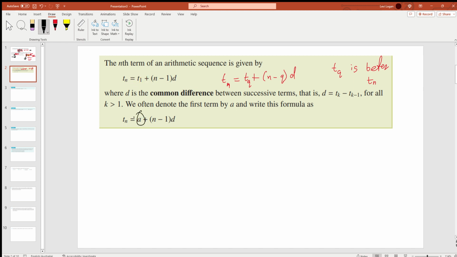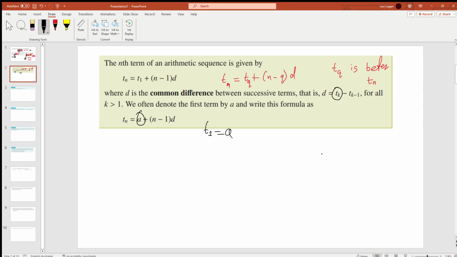So that's your general formula you'll see in your syllabus. They can write it like this. All they're doing is replacing T of 1 with A. Let's read what they have here. So the nth term of an arithmetic sequence is given by this. That's pretty obvious. D is your common difference between two successive terms. That is, D is T of k minus T of k minus 1. So what that pretty much says is, alright,